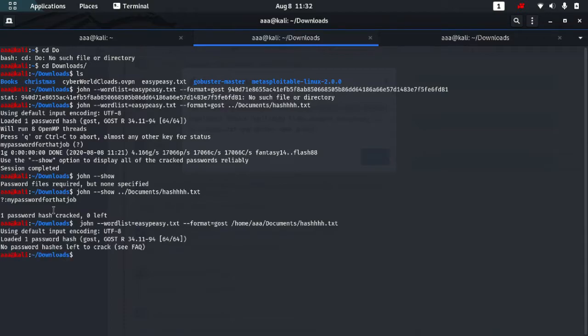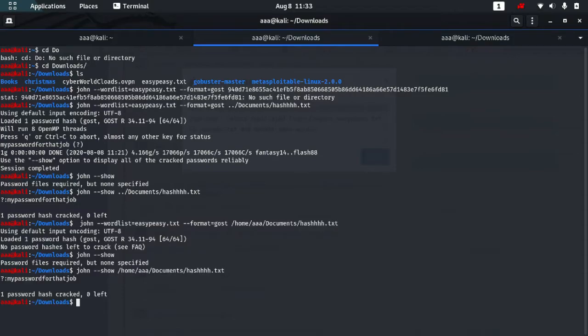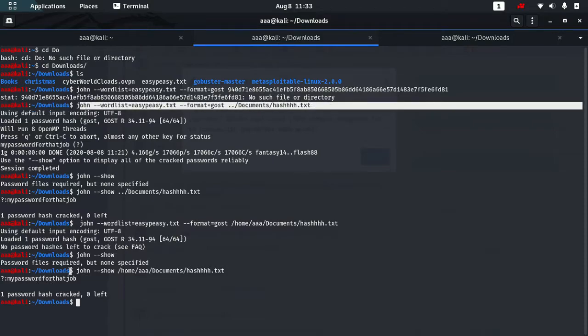Alright, so loaded one hash. Since we have already cracked this, you can see the result which is in this place. If you are doing this for the first time, it will actually look like this, and then you'll get the answer.